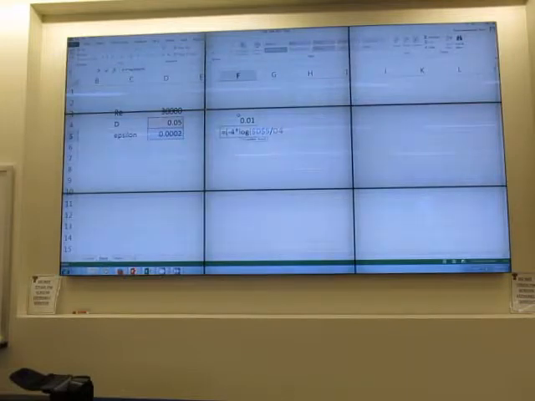Epsilon over D, F4, divided by 3.7 plus 1.256 divided by Reynolds number F4 divided by square root, SQRT, of the previous value, close parenthesis, and close parenthesis